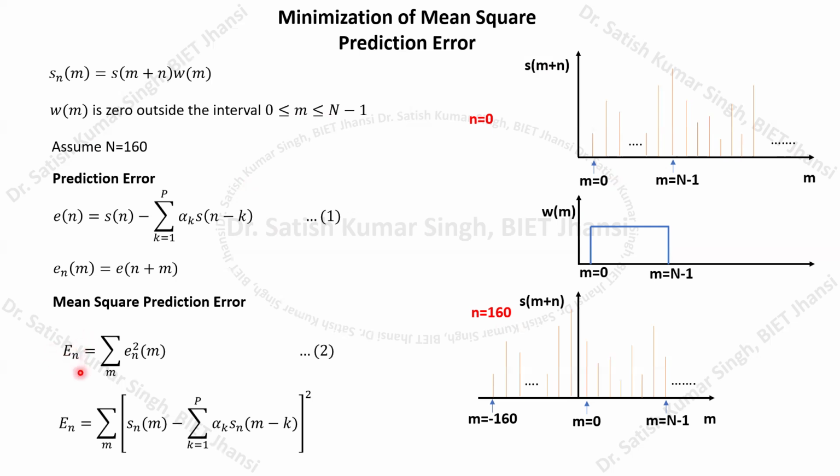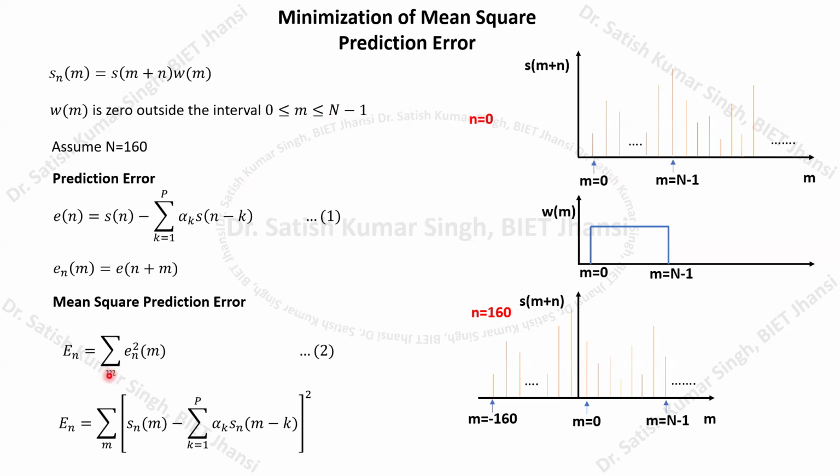So E_n will be equals to sum over m of e_n square (m). So we have to square this error. And obviously because we are talking about the mean, first we are calculating the square of our prediction error, and obviously we have to perform this square for this range